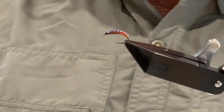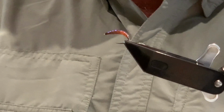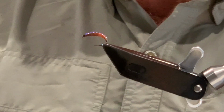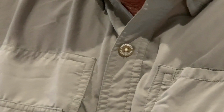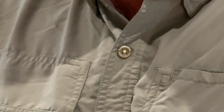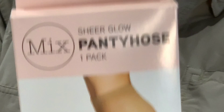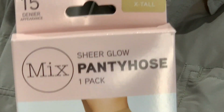So that's the Razzamattazz nymph, and what I'm going to do is I'll just move the vise out of the way for the time being, and quickly talk about the materials, because there's a little bit in them. Okay, so the body of the nymph itself is done with these. Sorry, I'll get them into the screen here. So these are